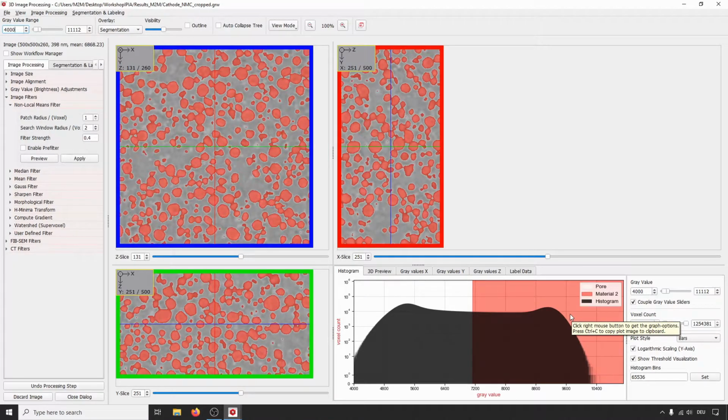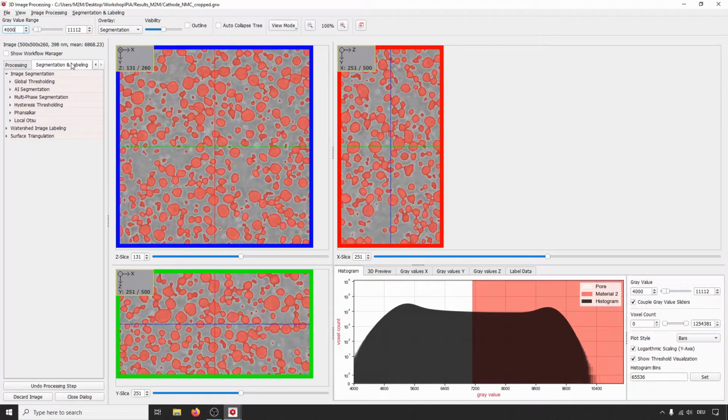Now that the filter is applied, we want to do the segmentation on our structure, and for this we change from the image processing options here to the segmentation and labeling options.